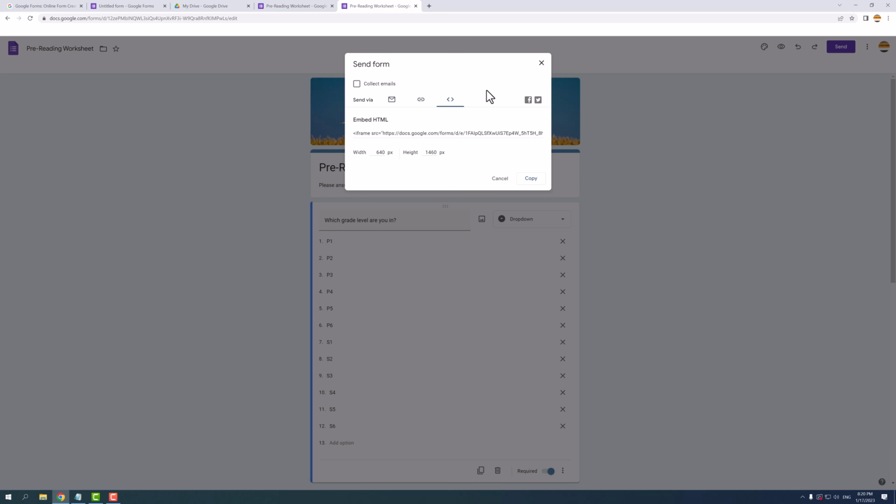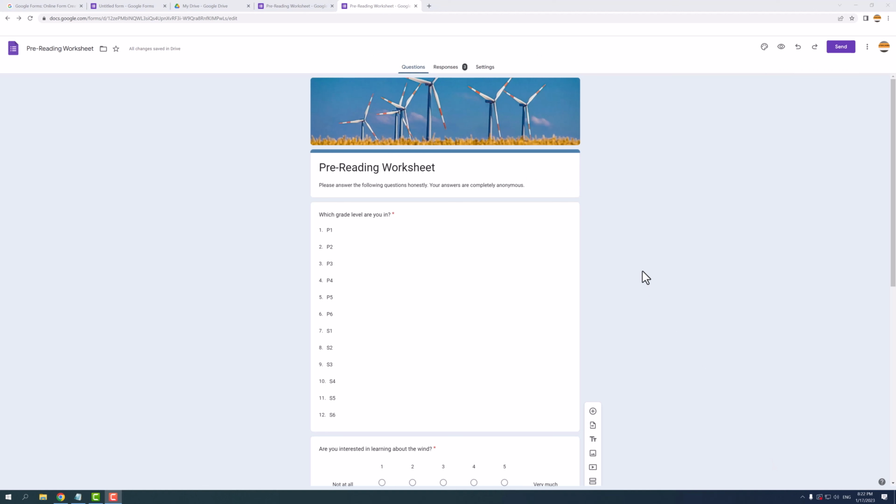You would just copy the HTML code in your target site after adjusting it to the size that you want. Okay, so that's how we create a form, including adding several question types, adjusting the appearance, and selecting an option for how to share it with students. I've already shared this demo form with a small group of students using the link option, so now let's check